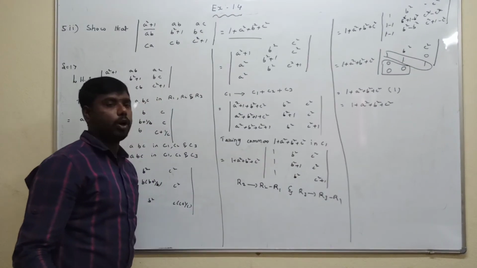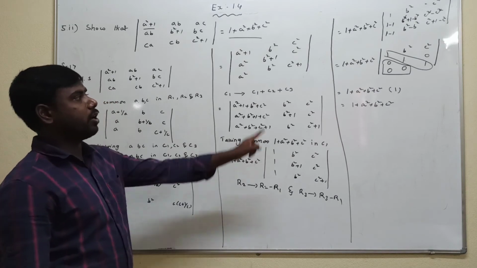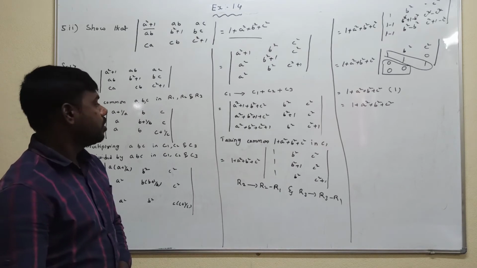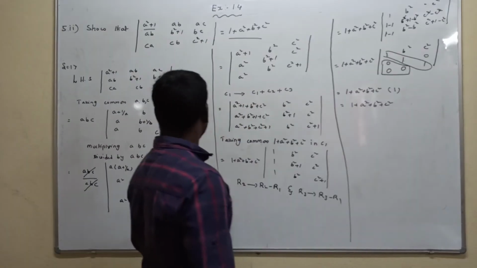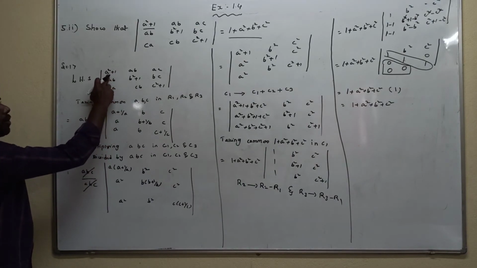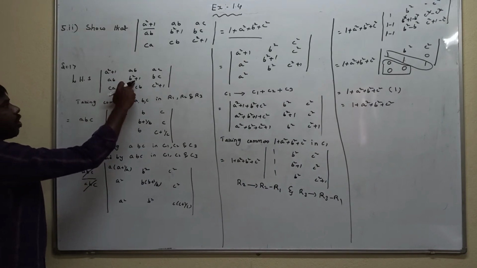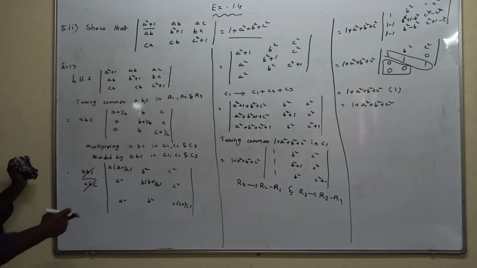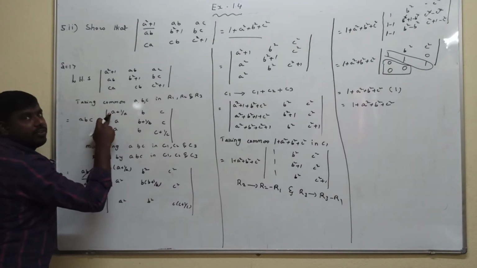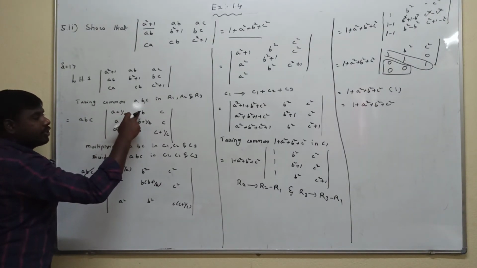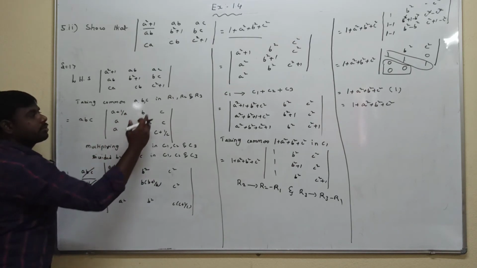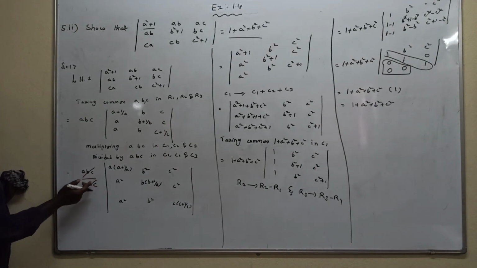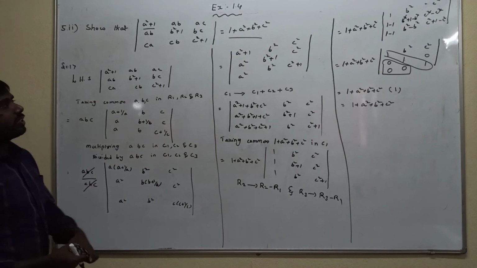So you already know how to find the determinant of a 3 by 3, using plus minus plus. We get the same answer. So I think everyone understands this question. One confusion here, dear friends. From the first row take common A outside, from the second row take common B outside, from the third row take common C outside. After that, first column multiply with A, divide with A. Second column multiply with B, divide with B. Third column multiply with C, divide with C. After that, the numerator ABC and denominator ABC get cancelled. Finally, we get the determinant.